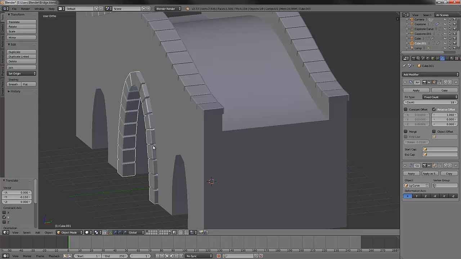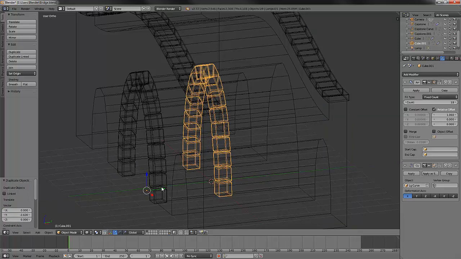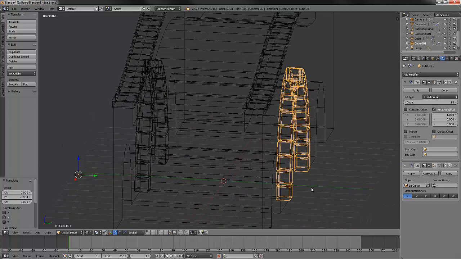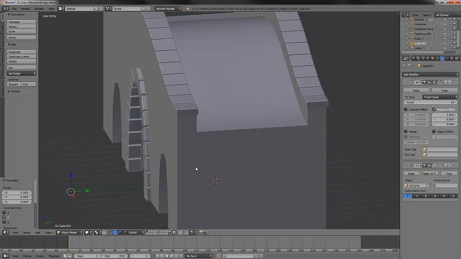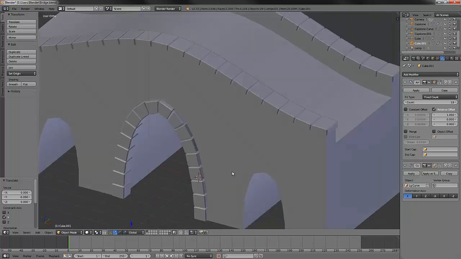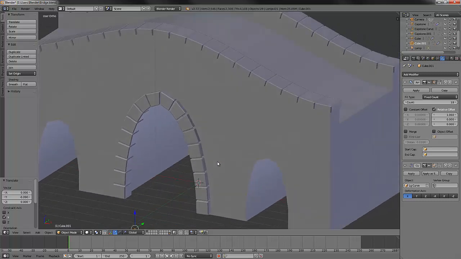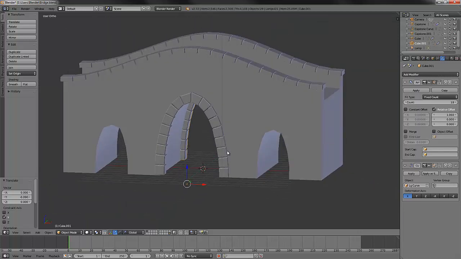I can Shift D that on the y-axis. And I'm going to wish that I had gone to wireframe mode. That's all right. We can still bring that way out there. And now we have it modeled on our other side. There we go. I'm pretty happy with that. All right, so now